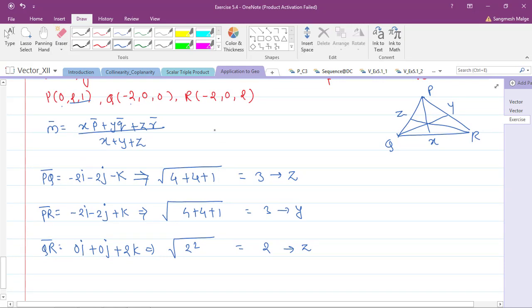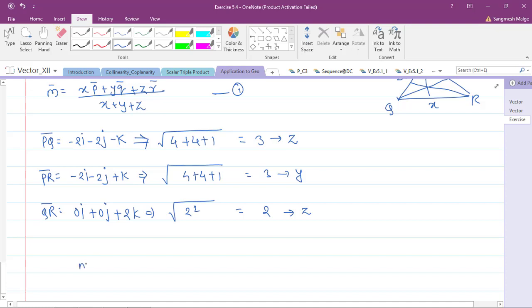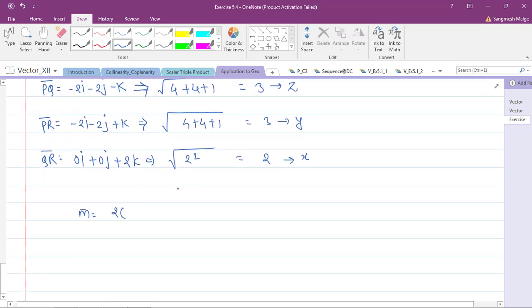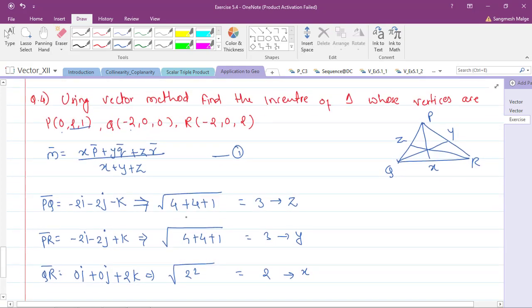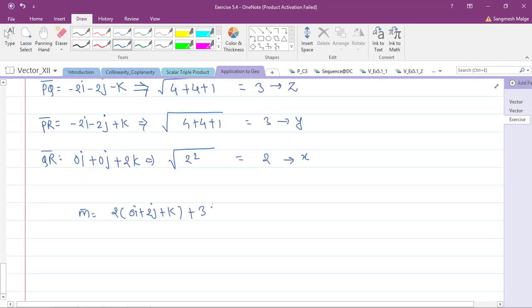M bar is equal to the formula, equation number 1. So let me substitute: m bar is equal to x into p bar. The x value is 2, and p bar is 0i plus 2j plus k. Then from the figure, we have y into q. Y is nothing but 3 and q is minus 2i plus 0j plus 0k, so plus 3 into minus 2i plus 0j plus 0k,